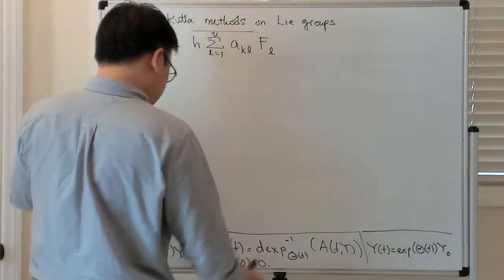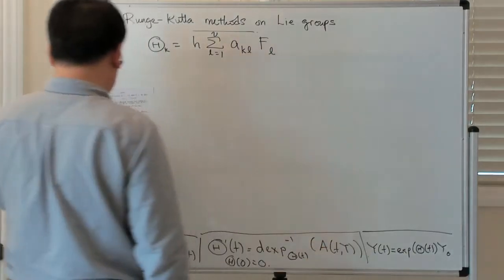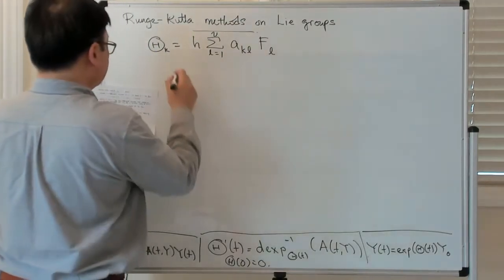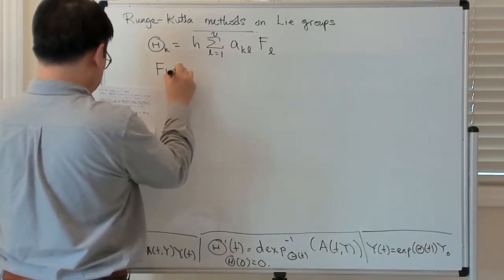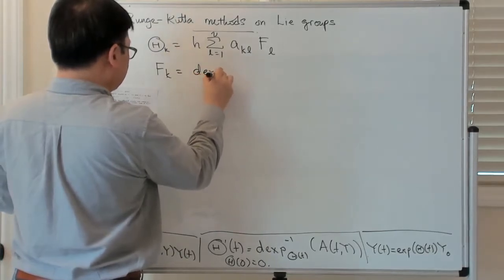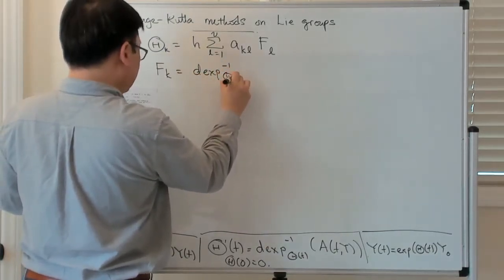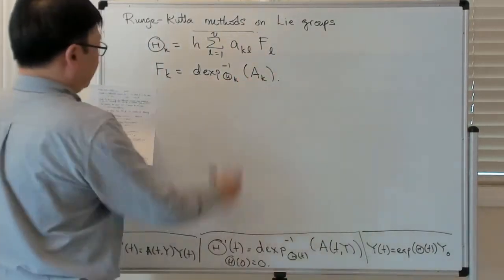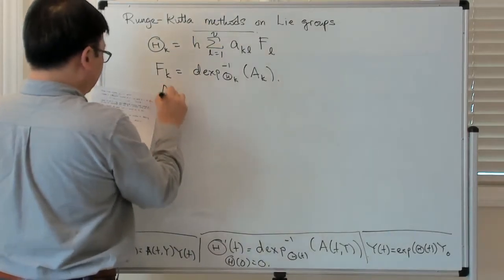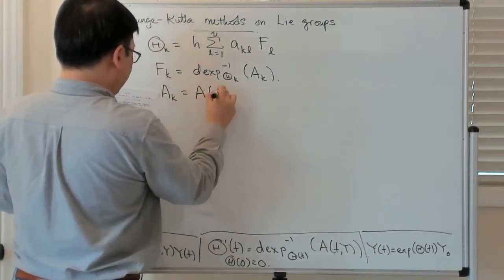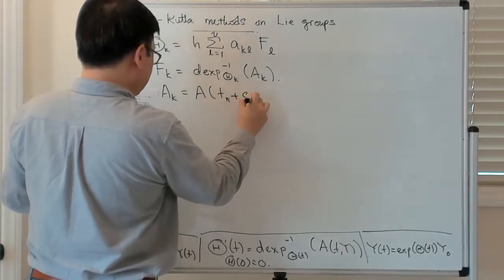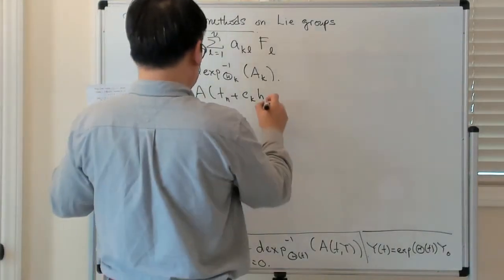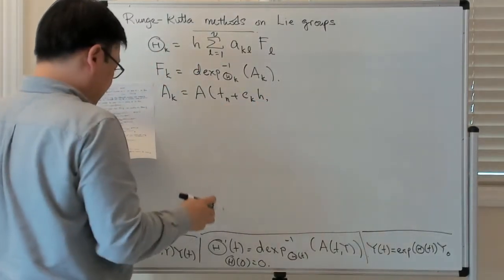And then the vector value is given by this. All right. So then you have that Fk is equal to the dexp inverse of theta k applied to Ak. All right. So that's applying this, and then you need to know what Ak is. So Ak is just A at the point Tn plus ckh. So this is the time corresponding to the k-th internal stage,